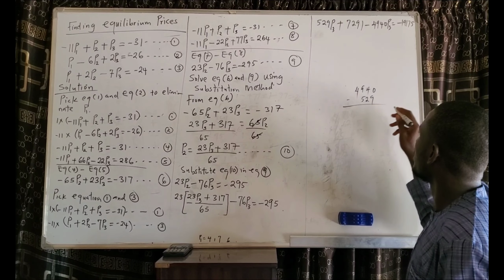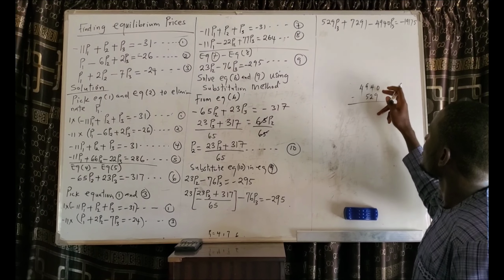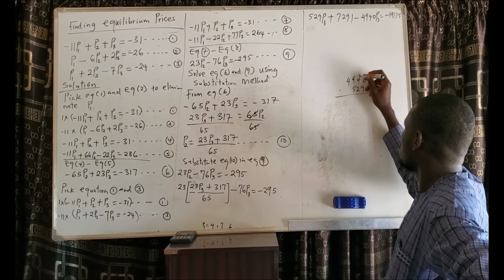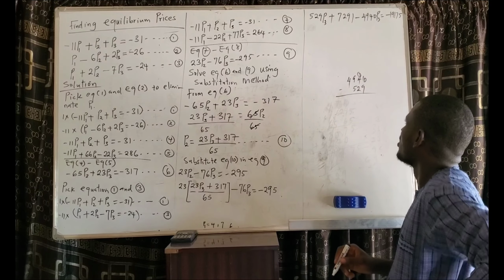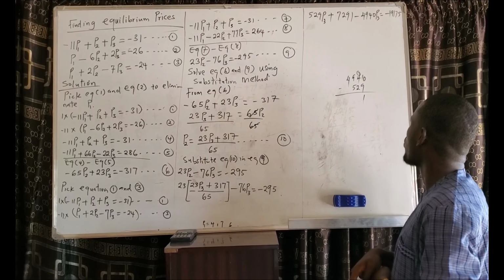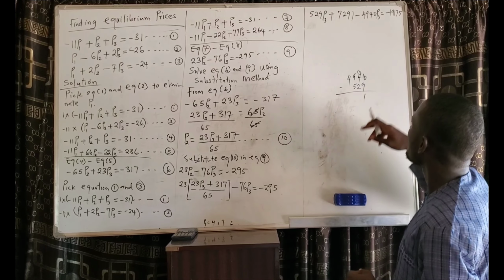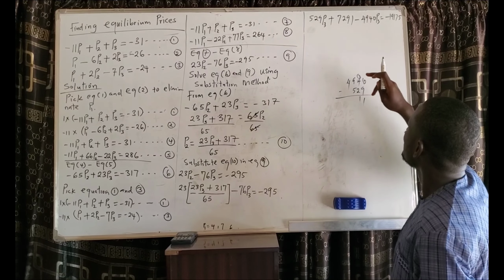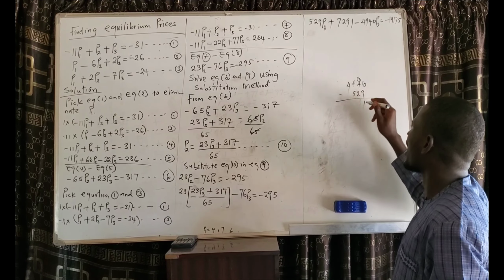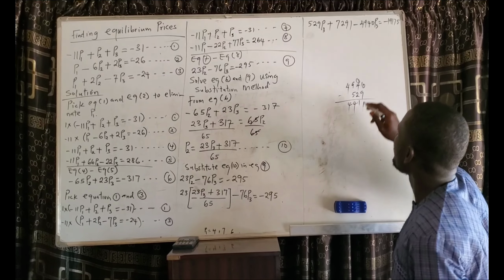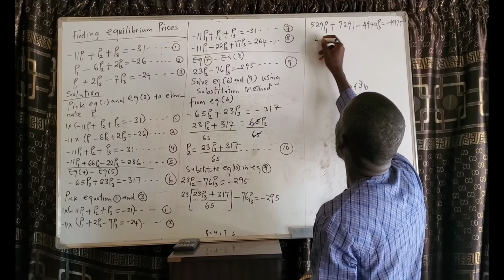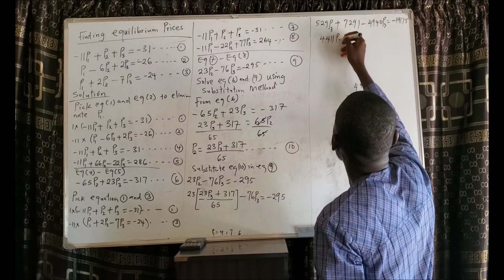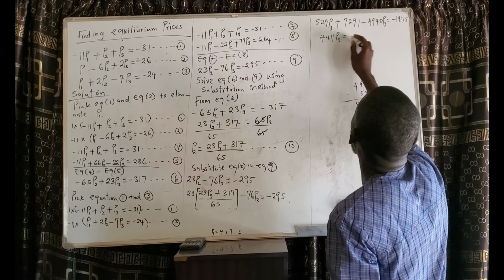We subtract the two of them. Minus this is not possible. Borrow 1 from 4, 3 will remain. Put the 1 there, make it 10. 10 take away 9 is 1. 3 take away 2 is 1. Then 9 take away 5 is 4. Here 4. So what we have here is 4,411 P3 is equal to,